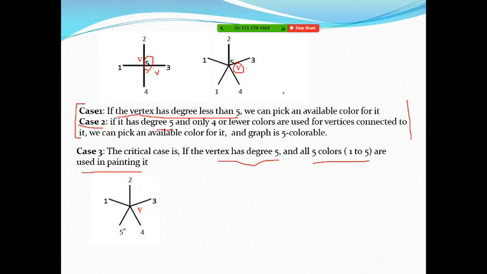Now the point is, can we assign any color to this vertex V out of these 5? If we see this graph, if I assign color 1 to this vertex, it is not fair, these two are adjacent. You can't assign 2, you can't assign 3, 4 and 5. So this figure says you have to use 6 colors. But now see the further permutation combinations, further division into cases and sub cases. We will prove finally that these 5 colors are sufficient.